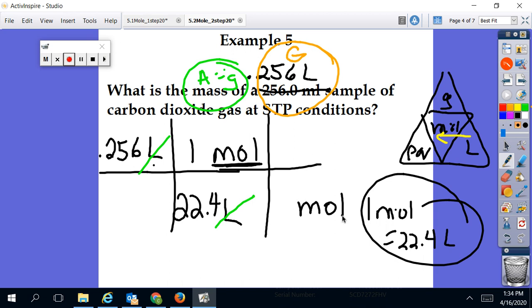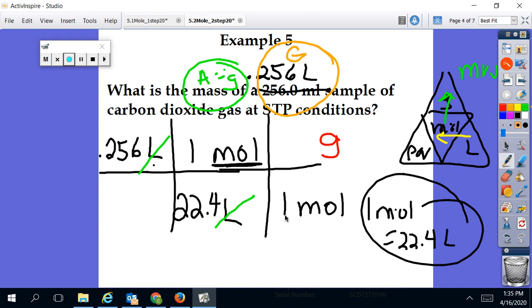Like factor label rules. Okay, so mole's going to go down there to cancel it out. And what do I want as my final answer? I want grams. So grams has to go up here. Now, if I'm going from moles to grams, what do I need? I use molecular weight. Okay, so what I need to do is 1 goes down here, and I need to